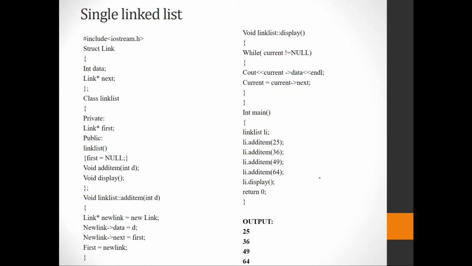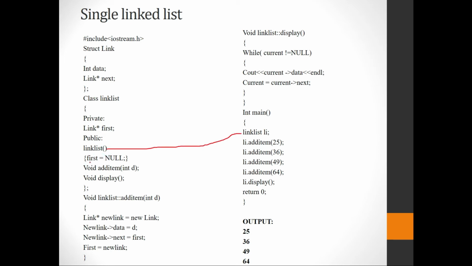Okay. So now this is a simple program for you to understand how to write a program for a single linked list. So now you have a class. The class name is going to be LinkedList. Where does my compiler come first? Yes, it comes to int main. Now it sees LinkedList li, where li is going to be your object. Once the object is created, it searches for a constructor. Yes, you have a constructor over here. So it comes over here.